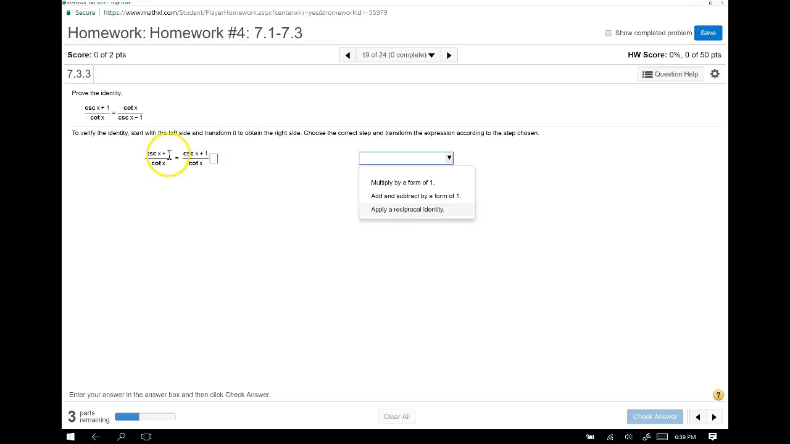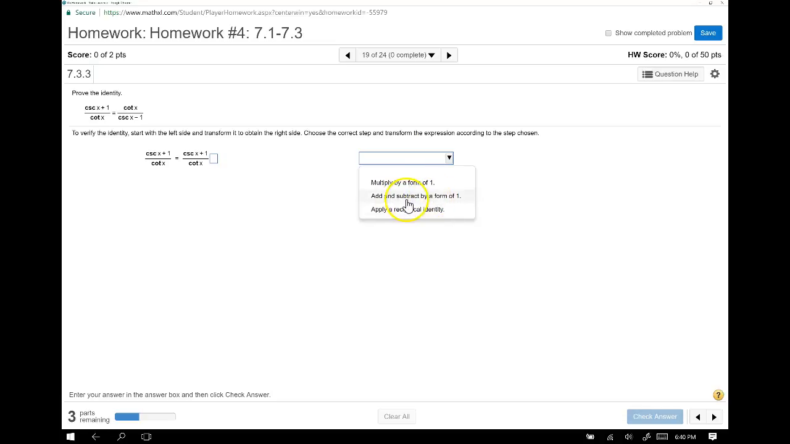So cosecant x plus 1 over cotan x is equal to cosecant of x plus 1 over cotan x, and they want us to type something in the box next to it. They said only work with the left-hand side right now. And they want to know what we're going to start doing. I'm glad I picked this one because this one's a tricky one. What we're actually going to do here,